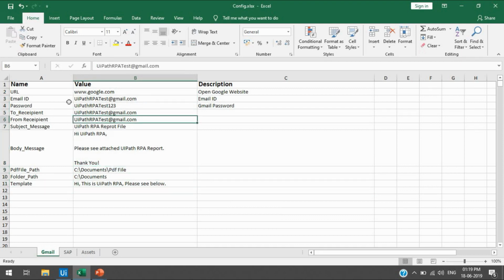Let's suppose you are using a username, email ID, or password in your project, and after some time the password expires. Again you would have to open your project, find the activity where you used the email ID and password, and change the password.